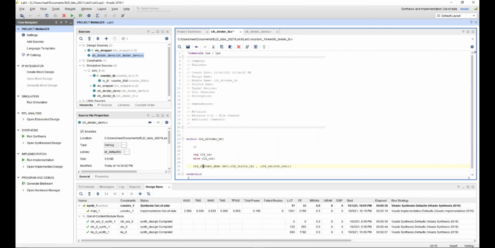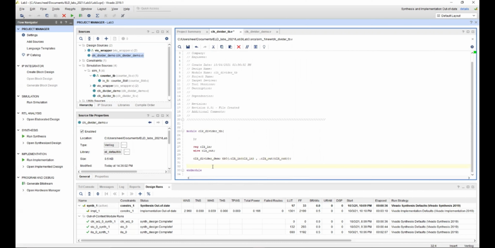We have initialized the clock divider here, and now we just need to make a clock and give that clock to this clock divider.